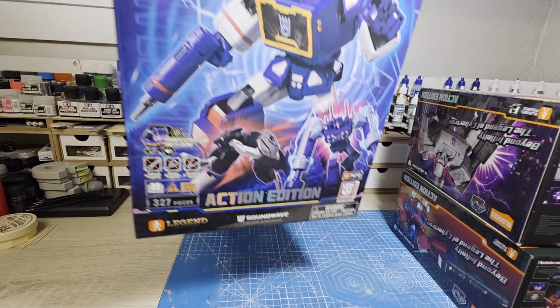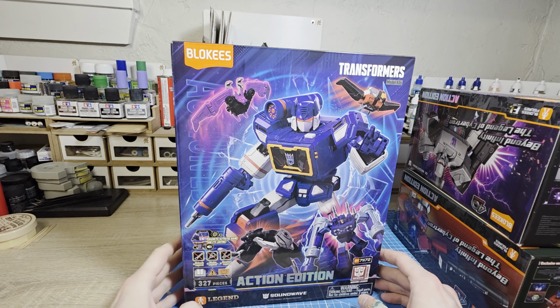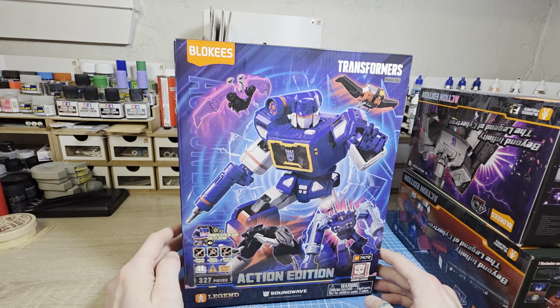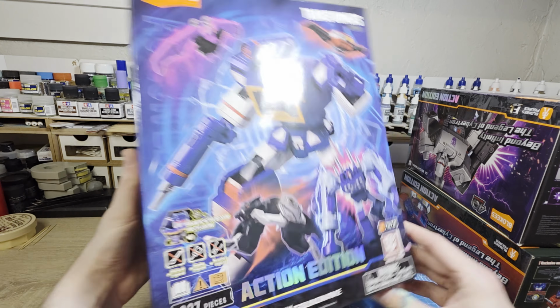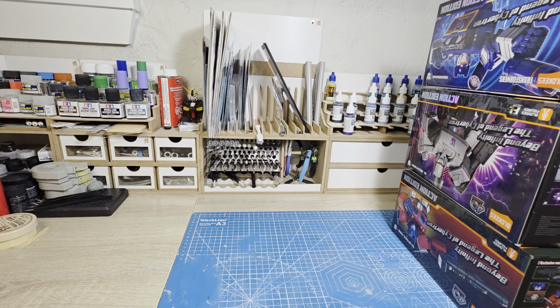And the last one that I got is Soundwave, who comes with all of his cassette bots, well, most of them anyway. And another addition is that each of these action editions have light-up features as well, which is a really cool addition for the price point. Now, there's not too many of these action editions in the lineup. There's only these three and a Transformers 1 Optimus Prime that came out, but there are a separate line called